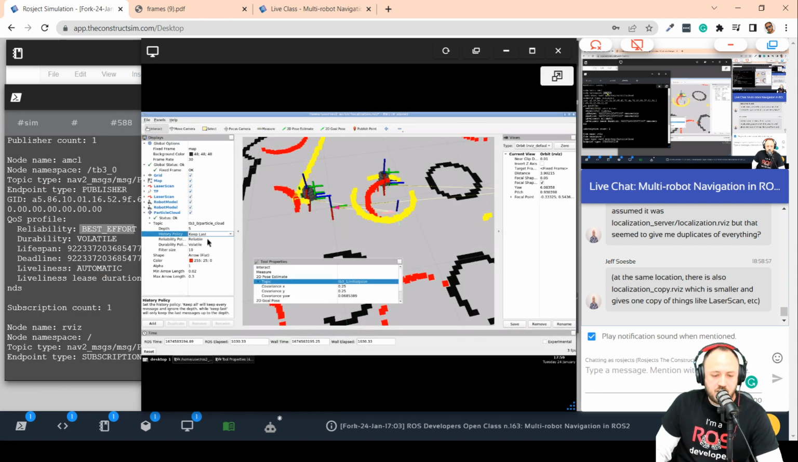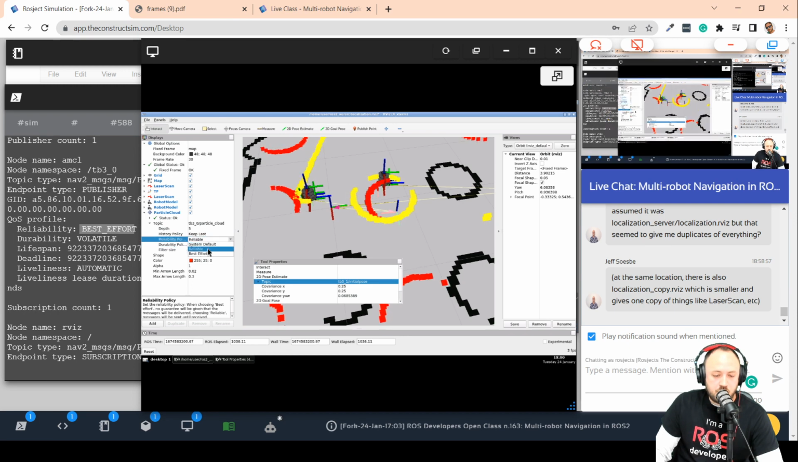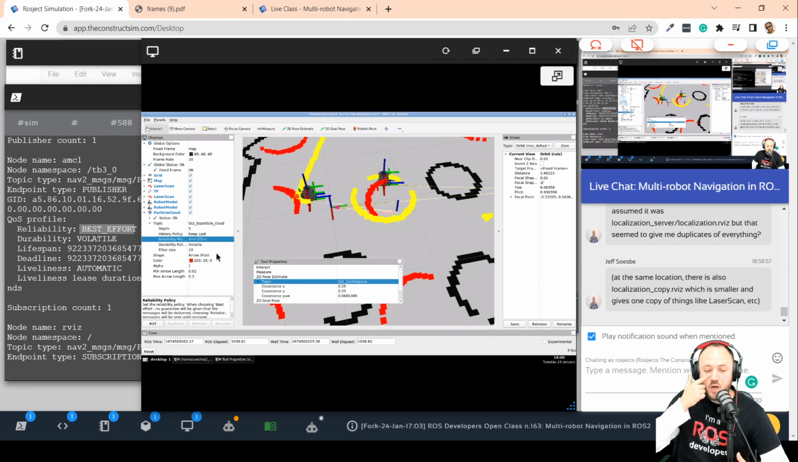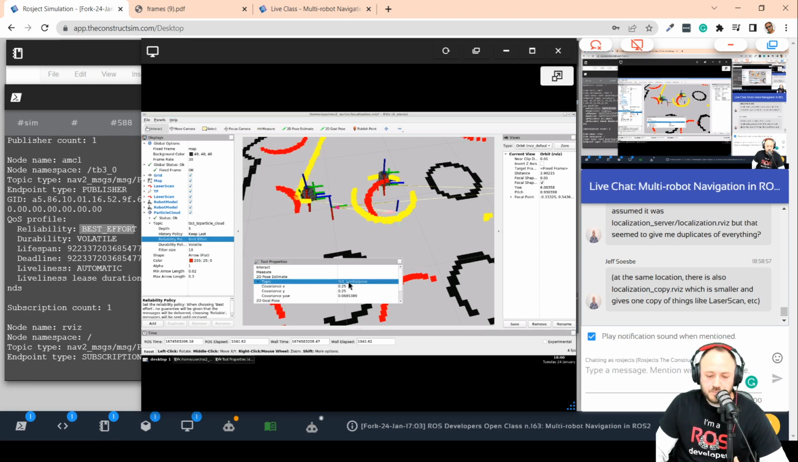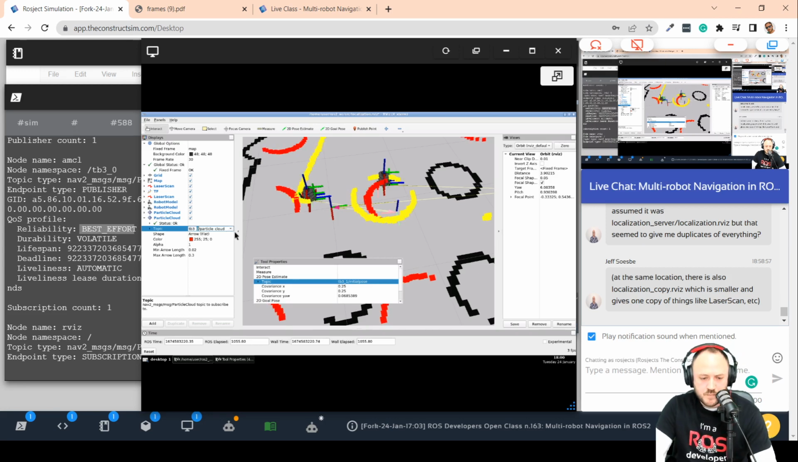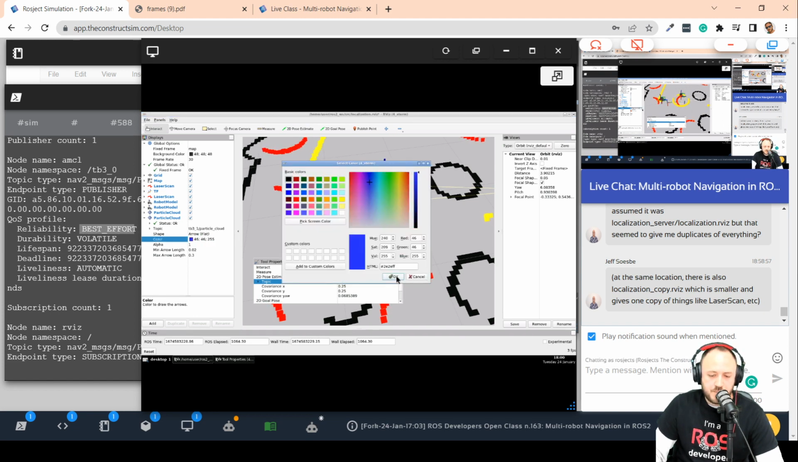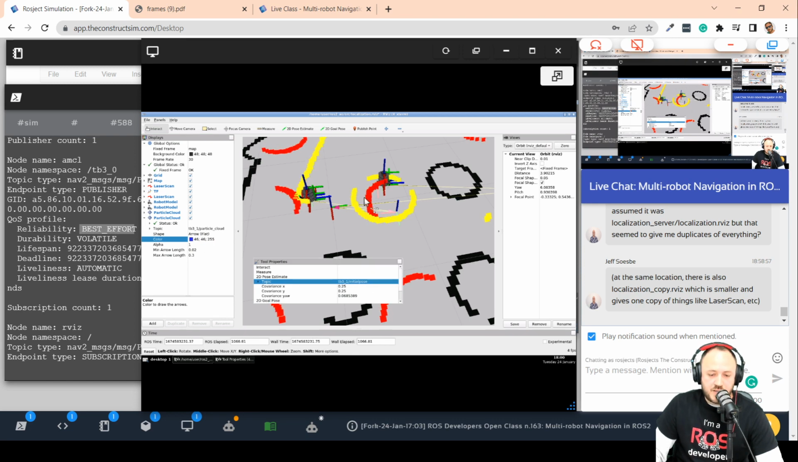So I'm going to change here the reliability to best effort. There we go, to make sure that it's correct, best effort. Okay, so now I'm going to add another one for the other robot, for robot 1, here, tb3_1. Okay, and then let me change the color as well here to blue, let's say. There we go. Okay, so now, for instance, if I set the initial pose of robot 1 again,